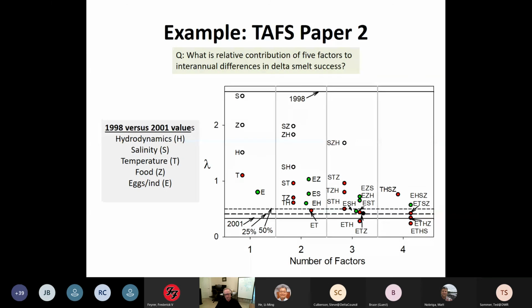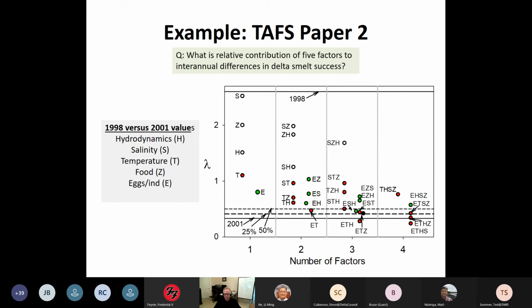We varied 5 factors, and we varied them 1 factor at a time in the leftmost column: salinity, temperature, food, hydrodynamics, and stuff. And how did we do this? How do you vary hydrodynamics? So what we did was we took a year in 1998 that Delta Smelt was healthy, had pretty good recruitment or high indice values, and we took a bad year, 2001, and we let nature set up our treatment levels. So the first column is each one. The second column are the pairwise.